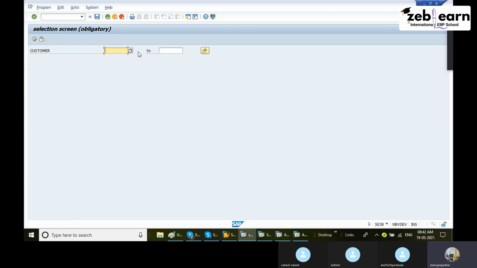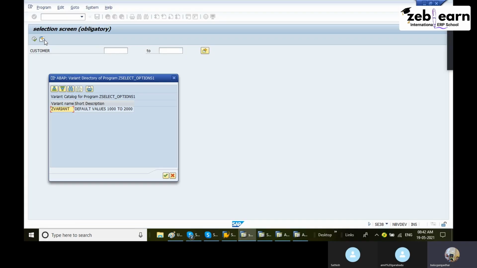I created a variant, but no values are there. But one icon has come. After execute, one icon has come. That is the variant icon. I told you, you will get the variant icon. Okay, this is only the variant icon. I got it. Now if I select this variant icon, it will pop up